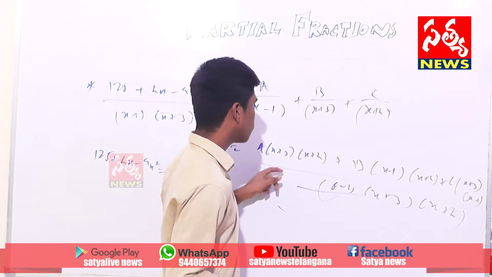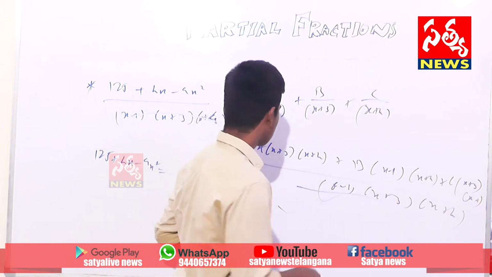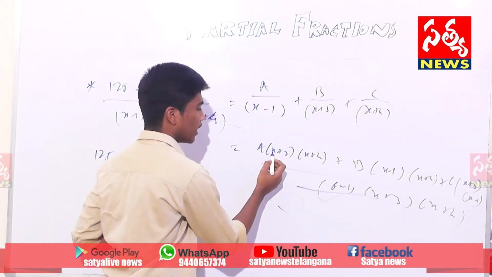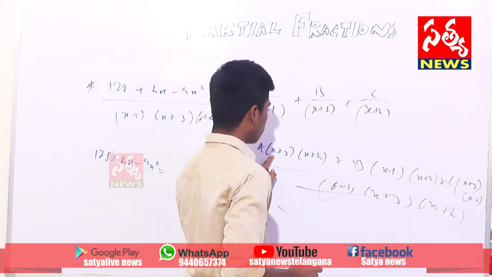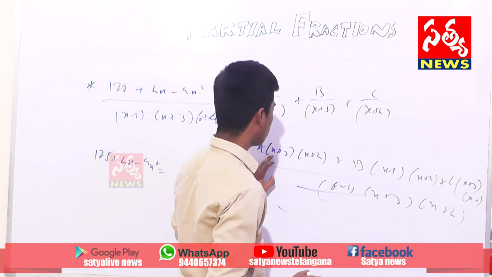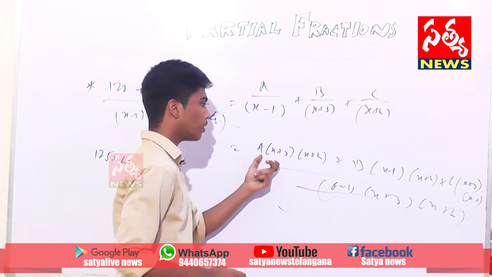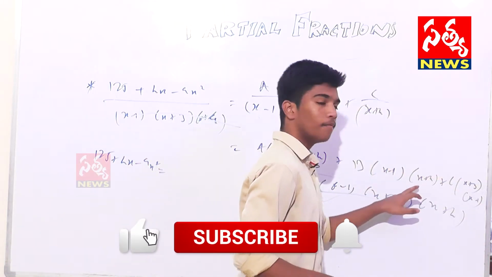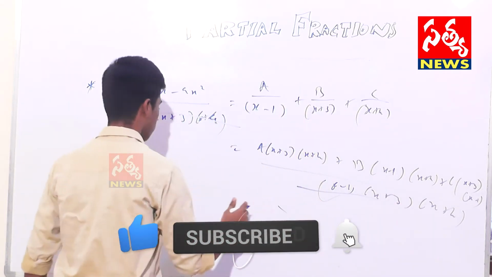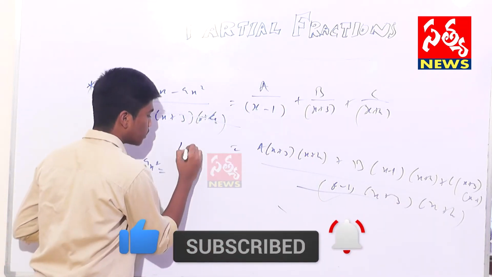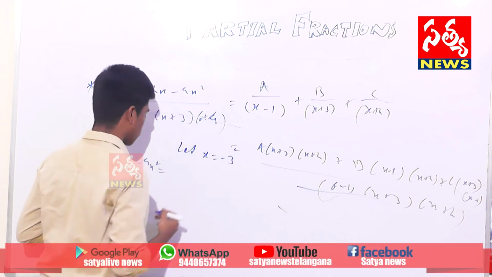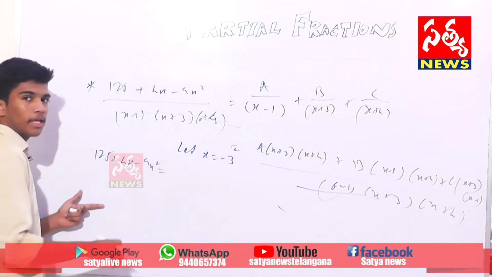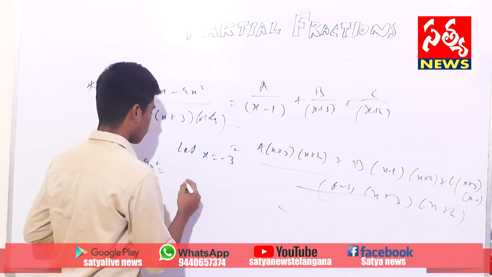Instead of doing that, we can take some assumptions. If we take x as minus 3, here minus 3 plus c gets 0, and the a term gets 0 and the c term gets 0. So we are left with b. Let's try with it. Let x equal minus 3. Put the value in the LHS also.